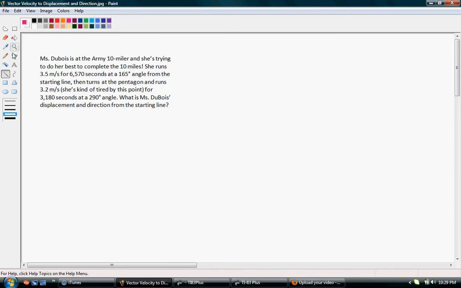So what we need to do first is solve for our displacement up front, since it's asking for displacement. If we're given a velocity and a time, we're going to assume that our velocity is constant because it doesn't give us an initial or final velocity. We'll assume that our displacement is just velocity times time. So for the first vector, instead of x, we'll call this the change of our vector 1. It'll be 3.5 times